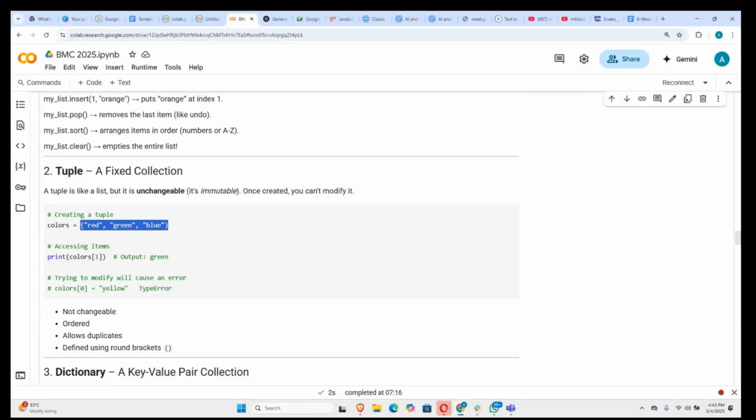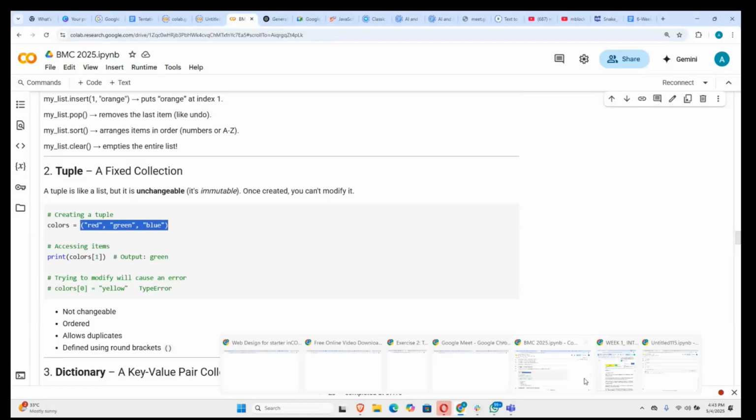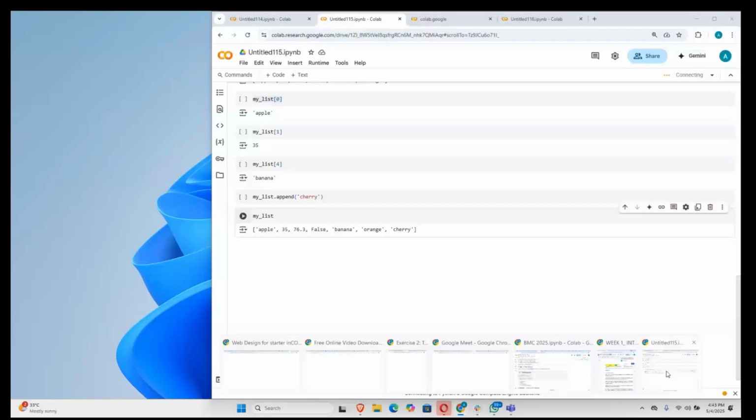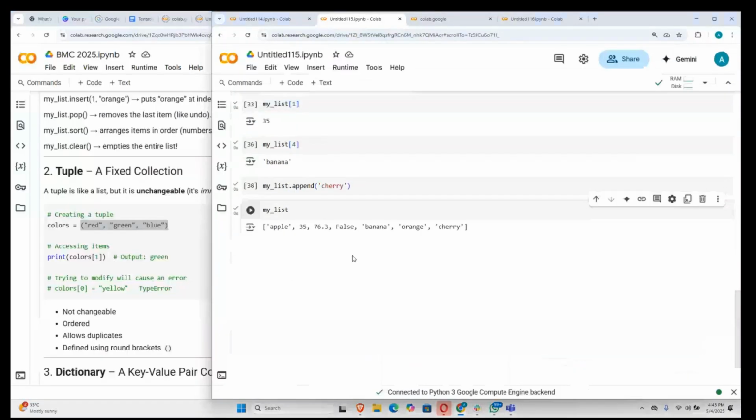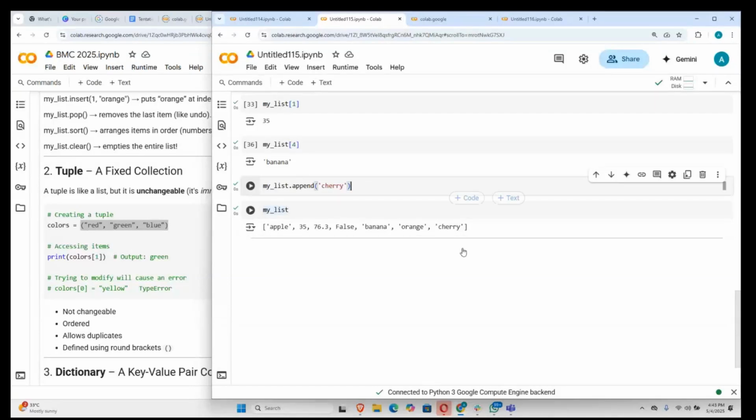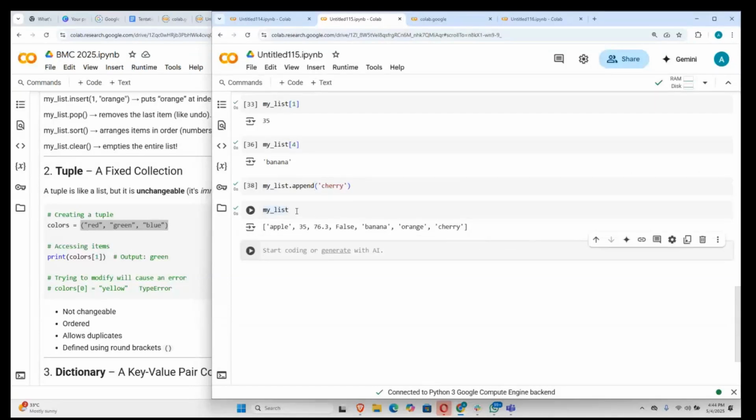Unlike lists, I can come down here. The first item in my list is apple. I can set this to another thing. I can see my list. Then